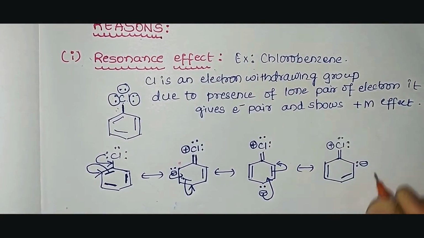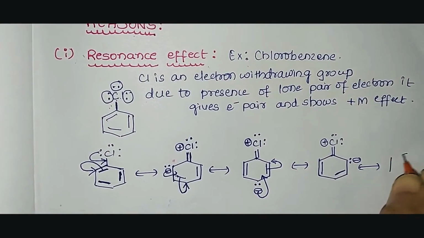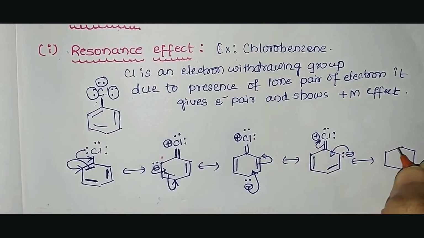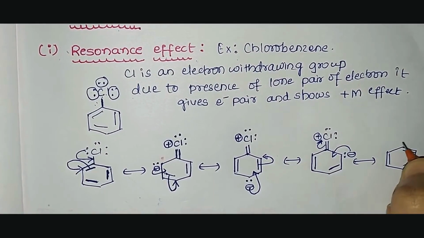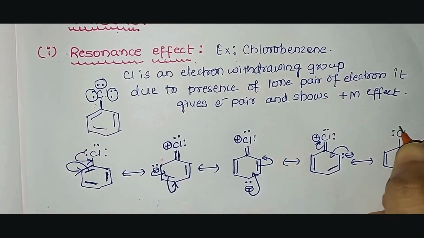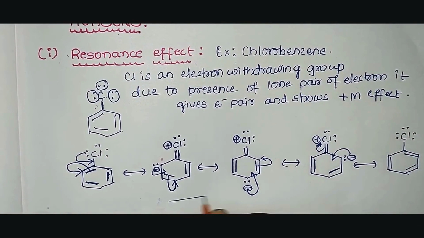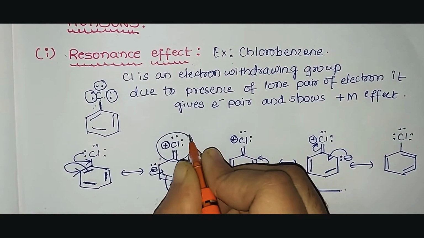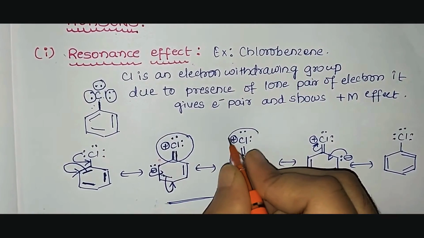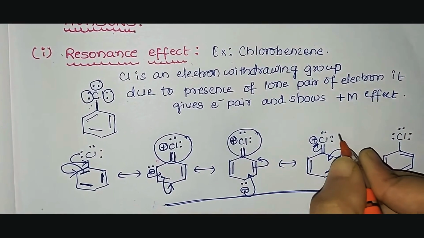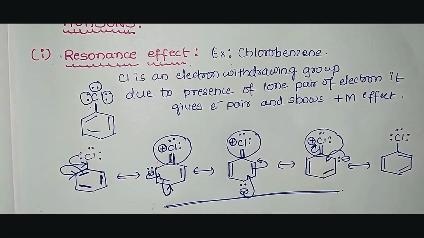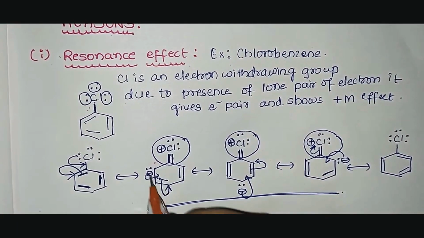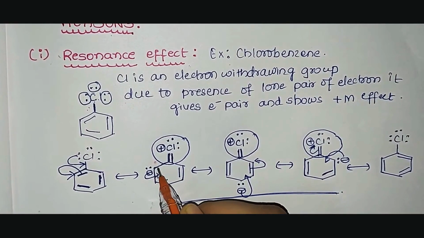And next, what will be the last resonating structure? Since the electron pair goes within, we will write the structure here with all the bonds present on the benzene ring as they are. Since Cl was doubly bonded, it becomes singly bonded with the lone pairs of electrons. So these are the resonating structures, and in these three structures you can observe that the carbon halogen bond has acquired a partial double bond character, because of which the cleavage of the carbon halogen bond becomes difficult. And another reason here is that the lone pair of electrons of the halogen is in conjugation with the benzene ring.